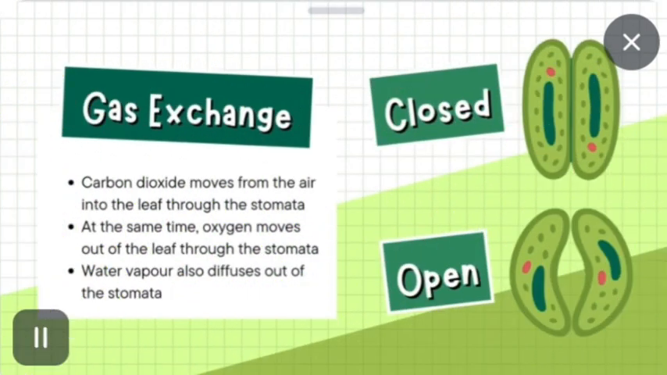And the next is gas exchange. Carbon dioxide moves from the air into the leaf through the stomata. At the same time, oxygen moves out of the leaf through the stomata. Water vapor also diffuses out of the stomata. As I said earlier, the stomata is mainly used to exchange the gases carbon dioxide and oxygen in the plants and also in the air. Now you can see the stomata structure in this picture. This is the leaf